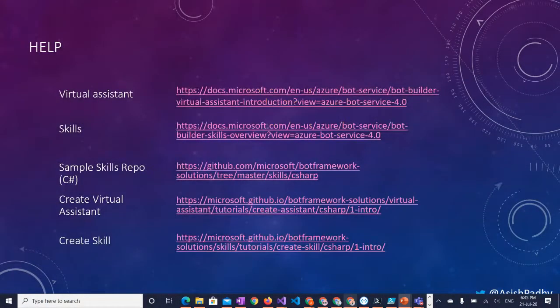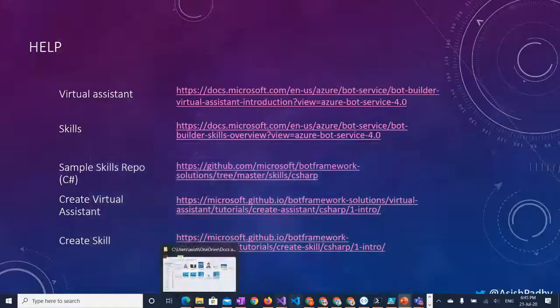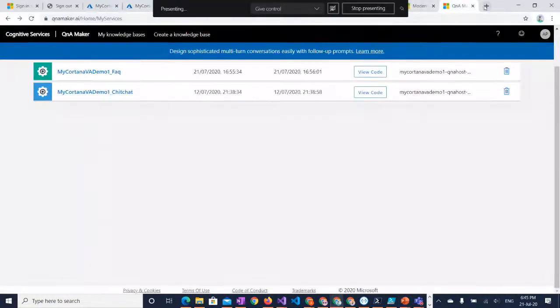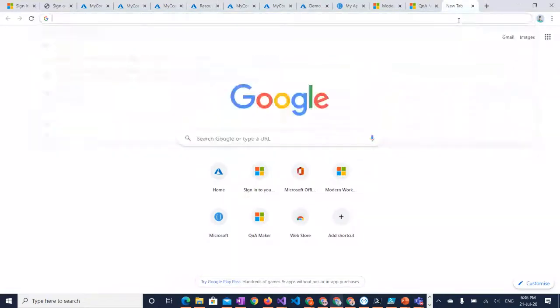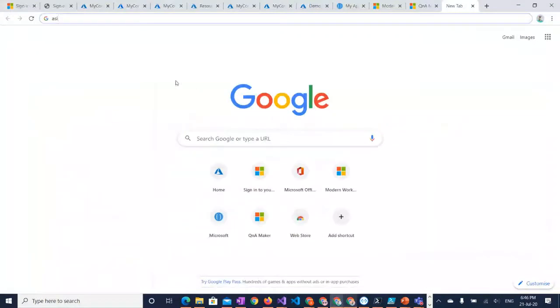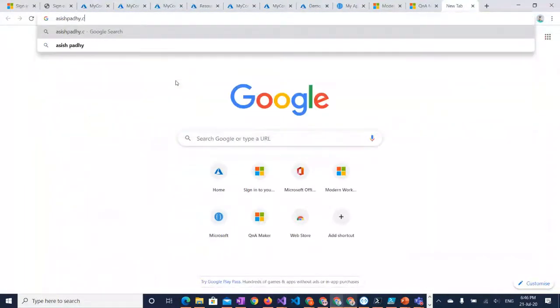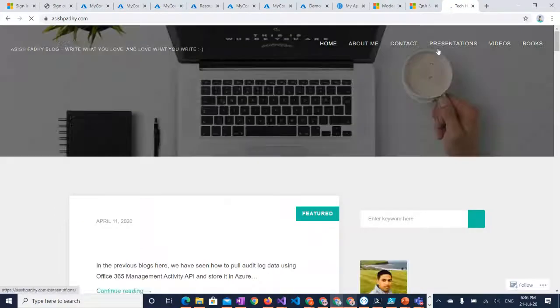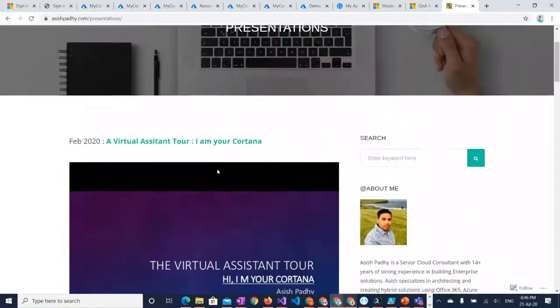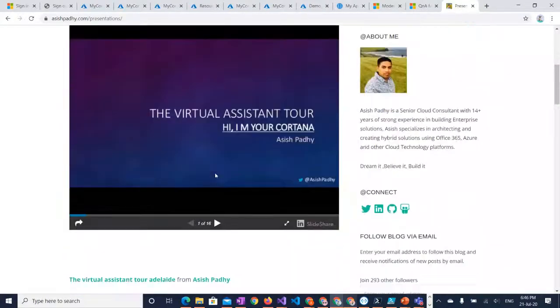These are some of the locations that are there on my site. And again, I will show it here. Where did I have it? I had it open somewhere. I'll open it. So if you go to my site and go to presentations, there you go. You go to presentations, and that's the first deck, and you just scroll to the last,